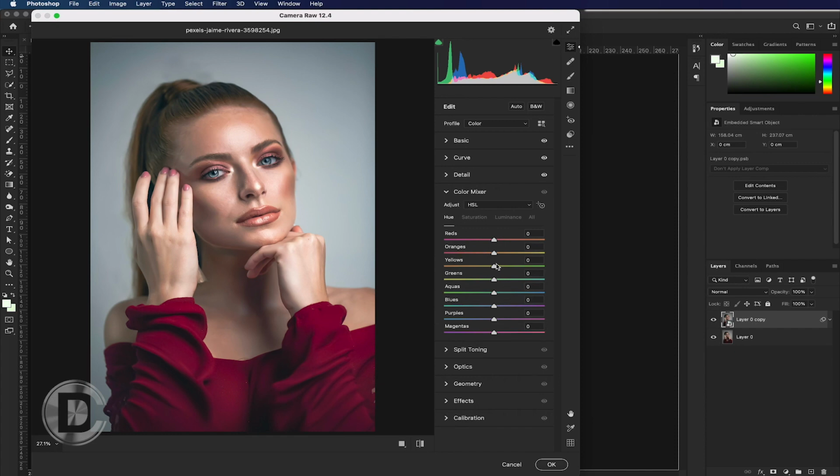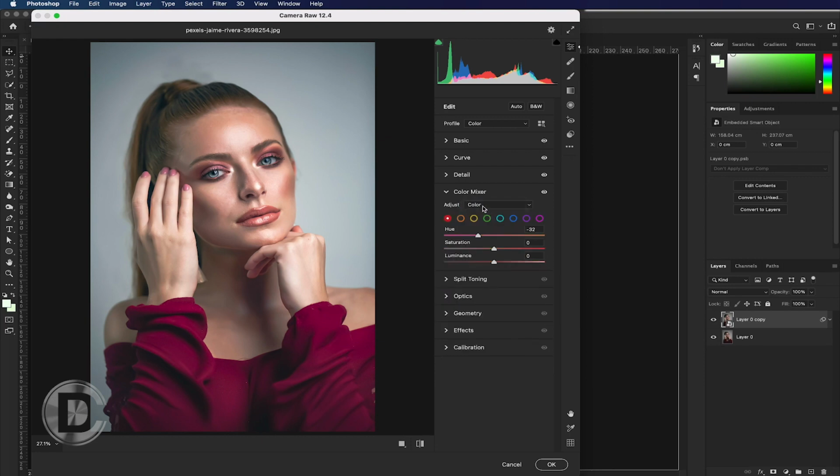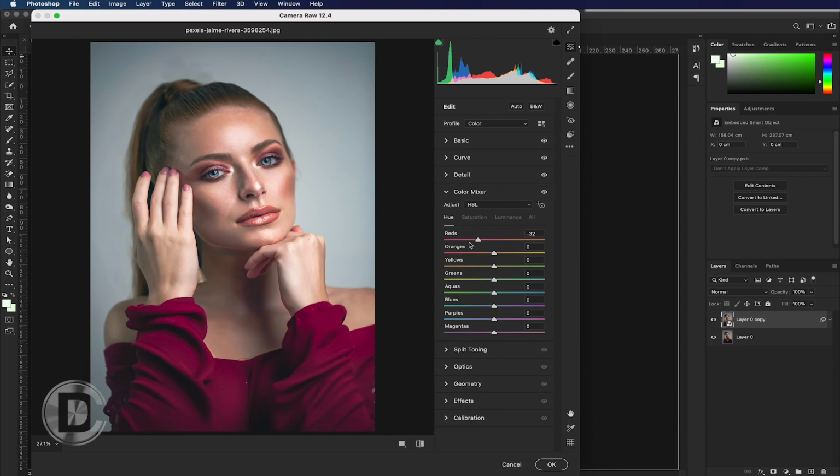So next is color mixer. This feature is so helpful if you want to color correct your image. You can use hue, saturation, luminance setting, or you can choose color. Let's first choose HSL setting. In this you can simply change hue of your picture. So hue simply works as it will increase the amount of color in your picture according to your setting. With the help of saturation, you can simply saturate the already existing colors. And with the help of luminance, you can simply increase the color of light in the picture.